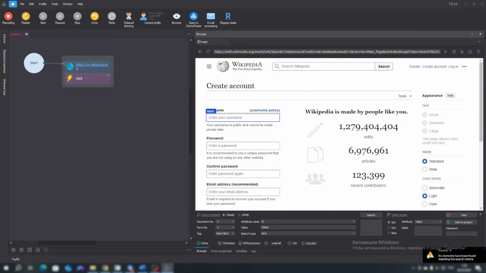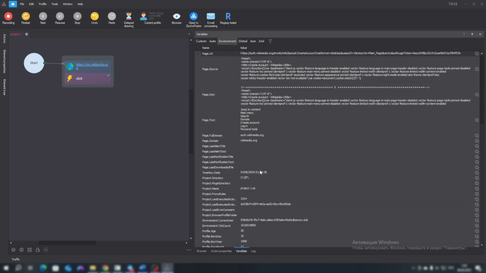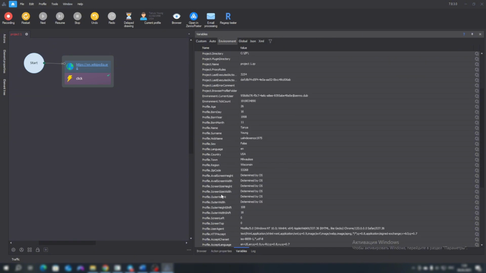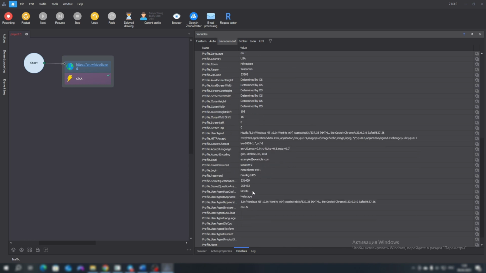We click on search and it gives us an error. When you get an error, change the field type to regex. Now our search will be executed correctly. Next, you need to enter the login value. If we go to variables and environment, we will see that a variable with the login is automatically generated with the profile.